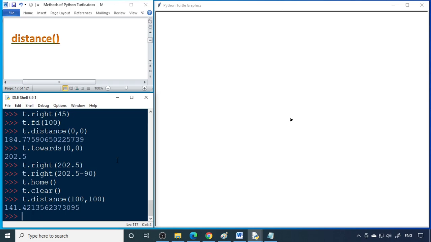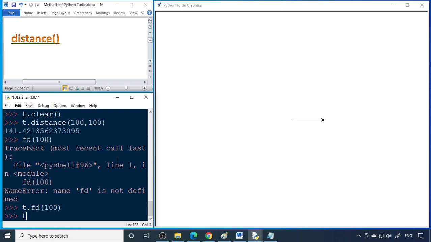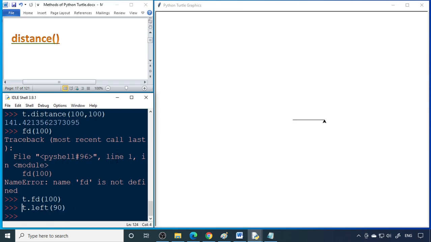Now let's try it out. First we'll draw the square of 100, then we'll try at this location. It will go to that particular point with the same distance. So I can say t.fd 100, then t.left 90.